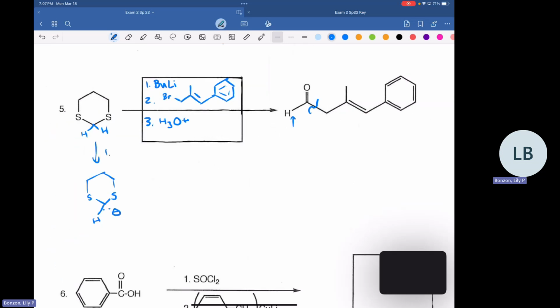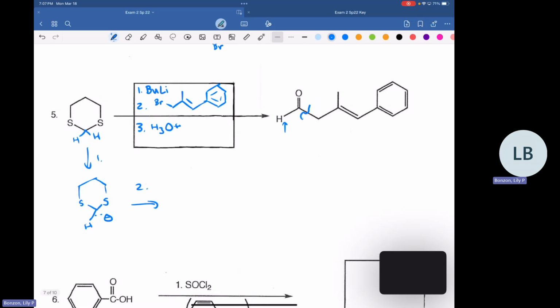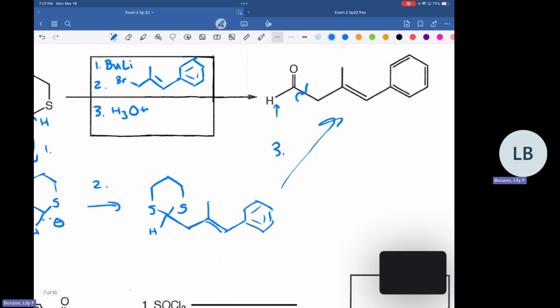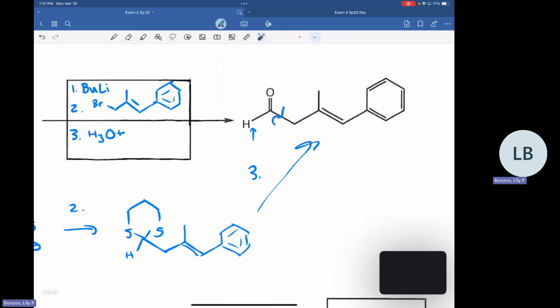And so that's going to, here, let me draw this out first. I'm getting ahead of myself. So when we do step 2, we have our dithiane. Again, we have our hydrogen over here. And then we have the alkyl section that we just wanted to add on over here on the right. Okay, and so now when we do our H3O+, that's going to cleave off the dithiane right here, and then it gives us that either ketone or aldehyde. If you wanted to form a ketone, you just do another butyl lithium step, and then the alkyl halide of whatever you wanted on the left.